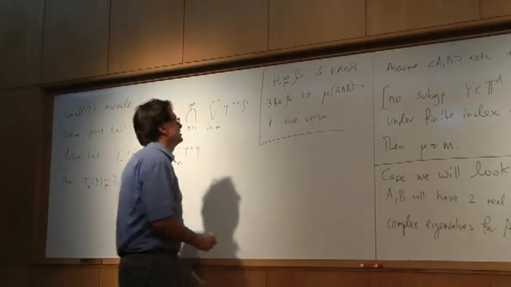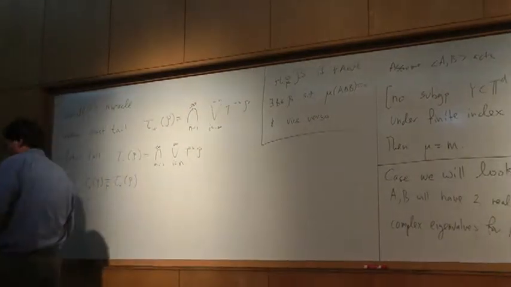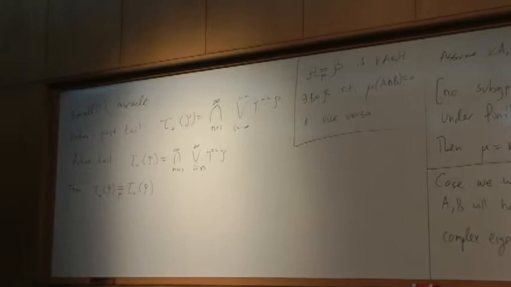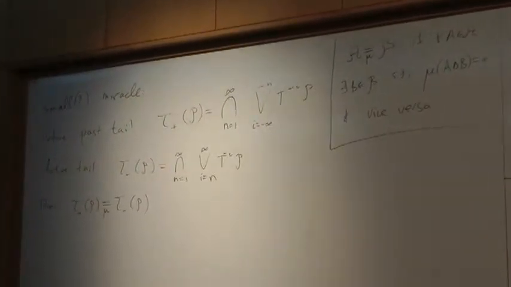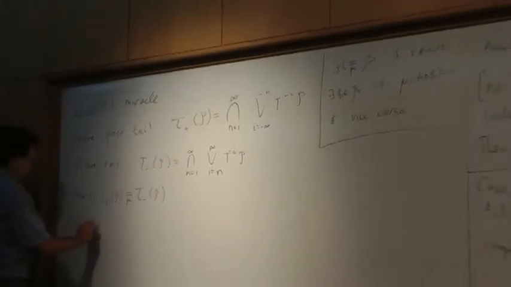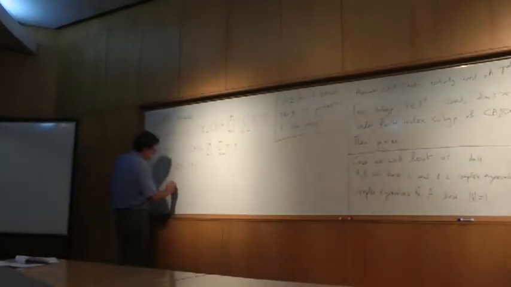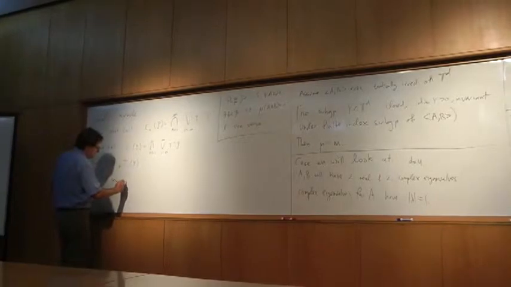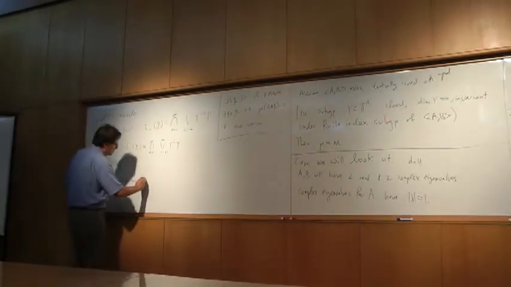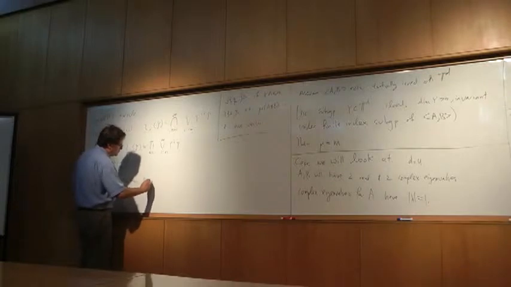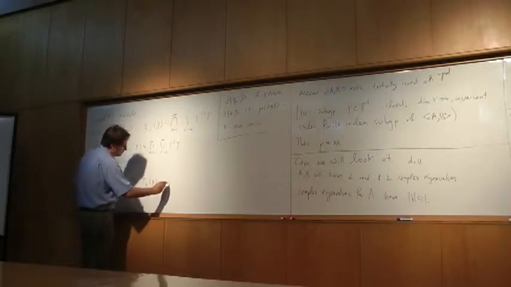So this is what this symbol means. So the past tail and the future tail are the same, and this also coincides, if P is generating, with the Pinsker